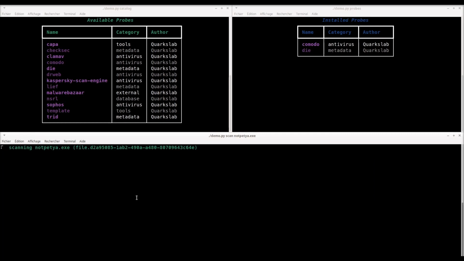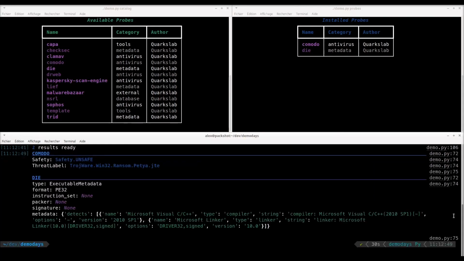When I start the scan, behind the scenes, what happens is that Kubernetes will start new containers with Komodo and Detect It Easy, grab the file from the storage, analyze the files, record the results in the database and return them to the user. So that's exactly what the script is doing right now, waiting for the results and displaying them.